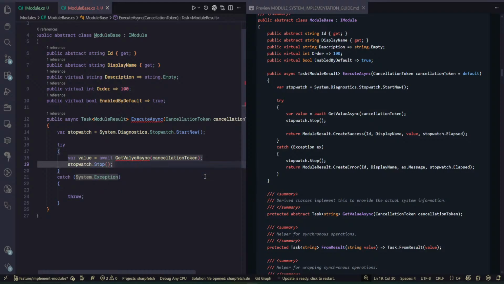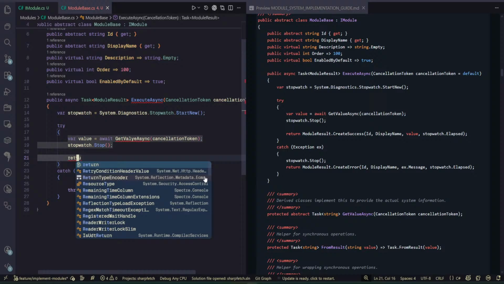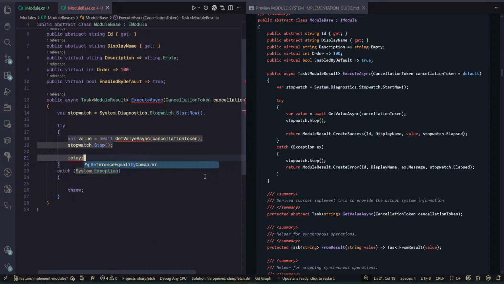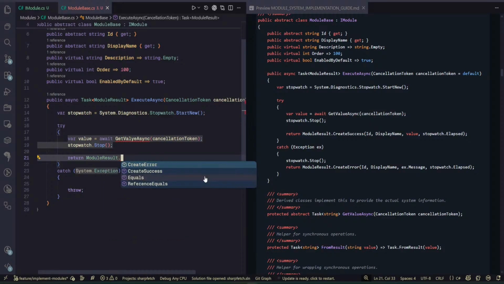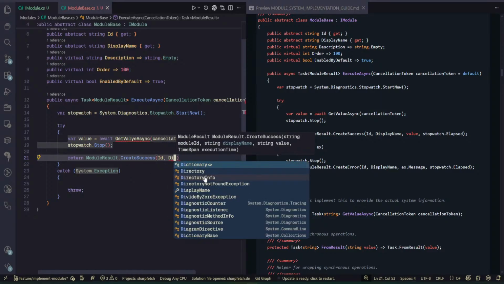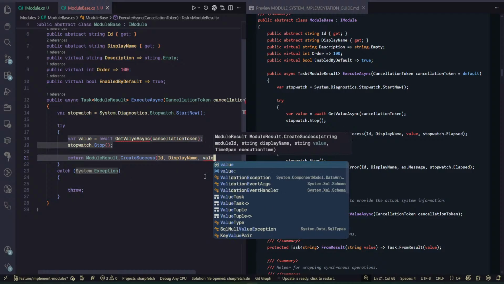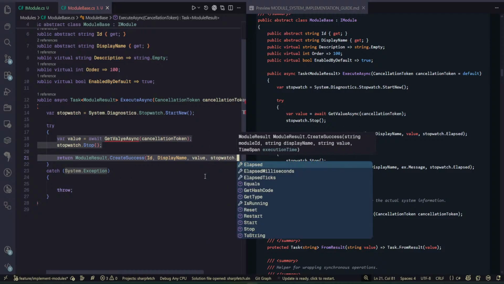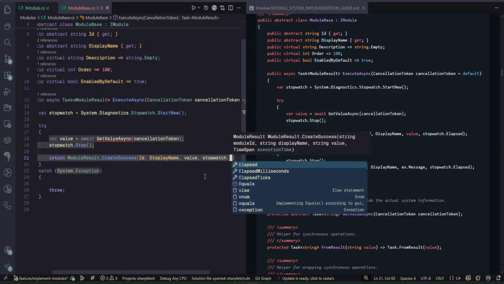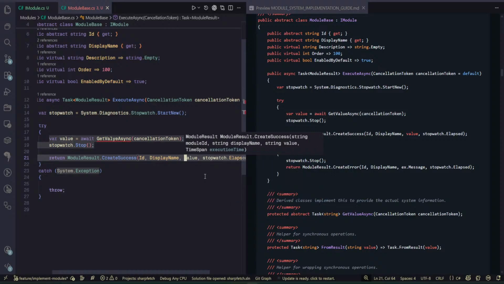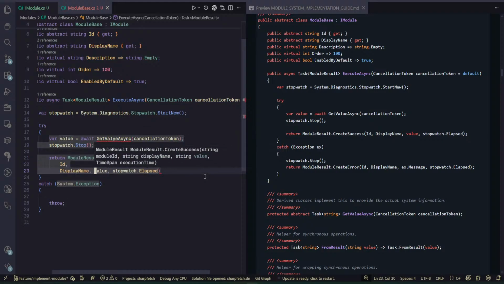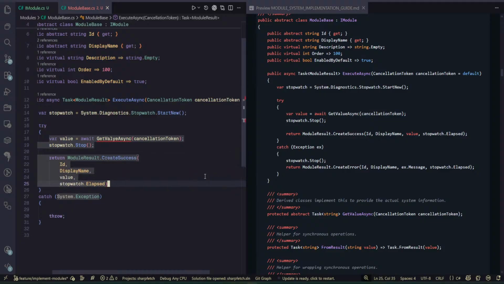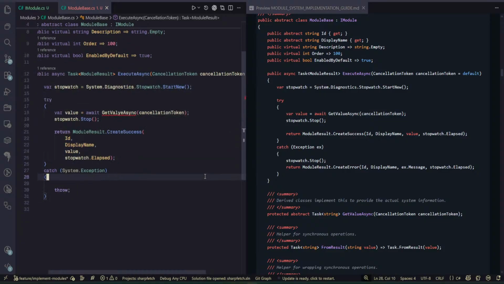Okay, and then return the ModuleResult.CreateSuccess, ID, DisplayName, value, and stopwatch.Elapsed. Okay, let us return this. Okay, good. And if something goes wrong,